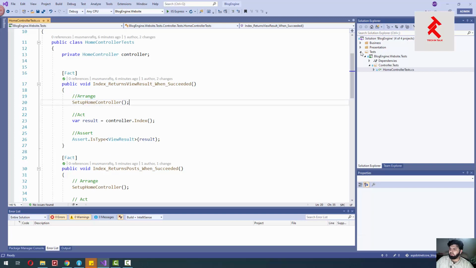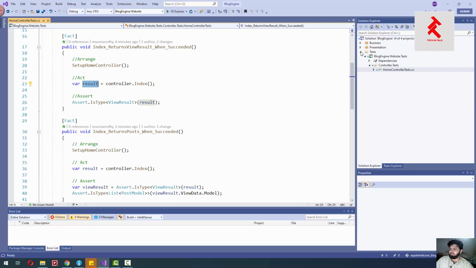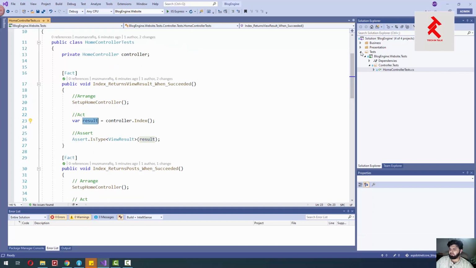In arrange, we create the required objects and prepare the data. In act, we call the actual method which we want to test, and after that we assert the output of that method, to validate whether the test has passed or not.